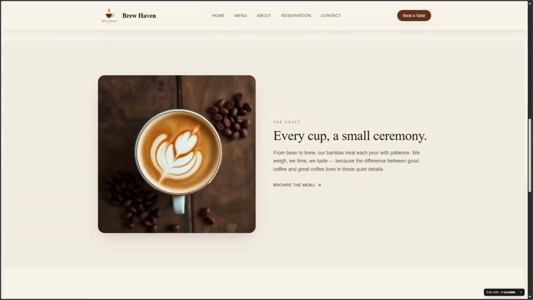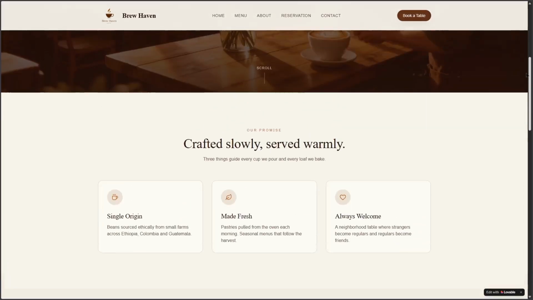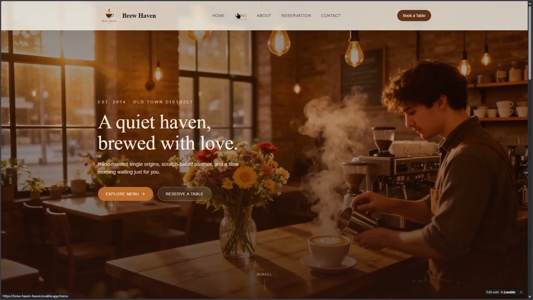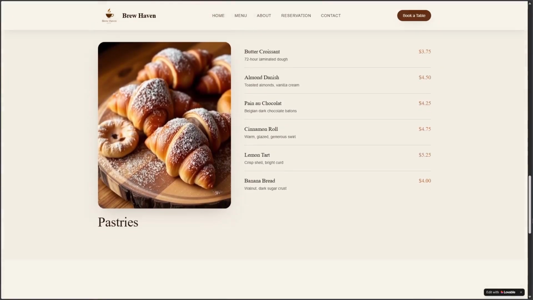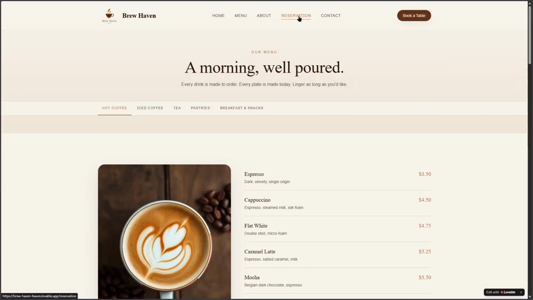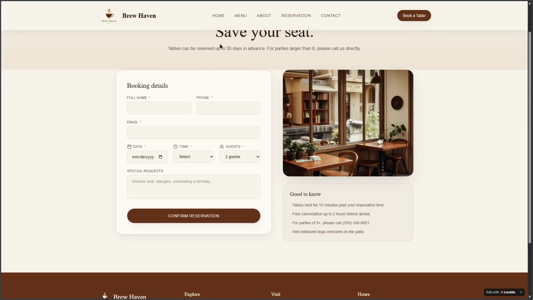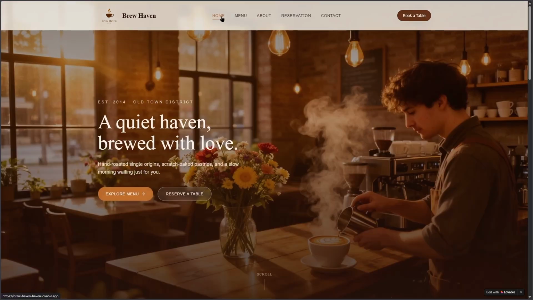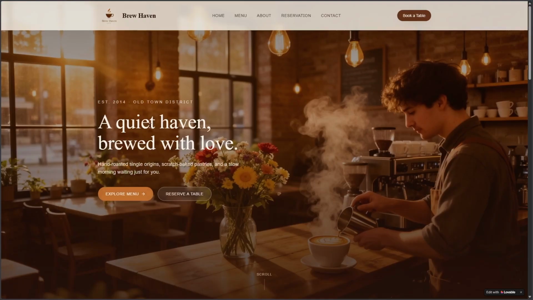You can see this on-scroll animation is working perfectly, and we have everything ready over here. If we click on the menu page, it's working perfectly. All the images are over here. And if we take a look at the reservation page, people will be able to make reservation from here. If we go back to the home and click on reserve a table button, it's going to directly lead us to the reservation section. So that is how you can use Lovable AI to create and customize a complete website